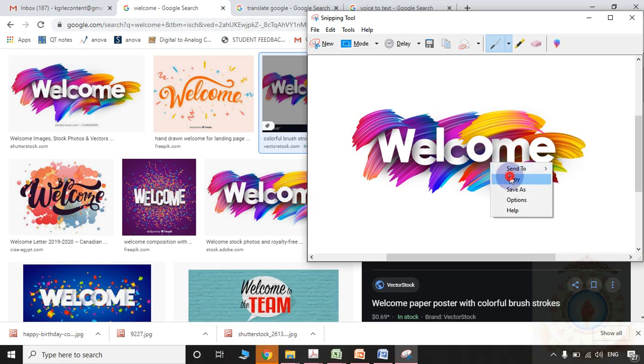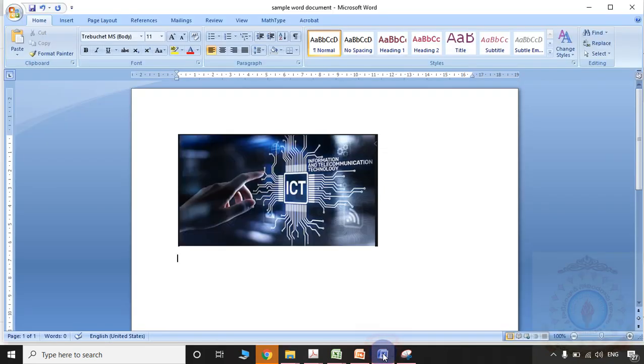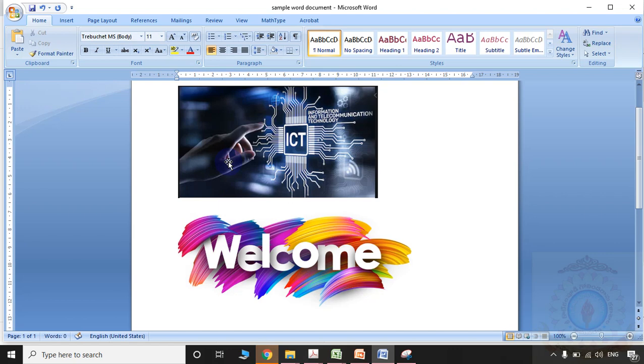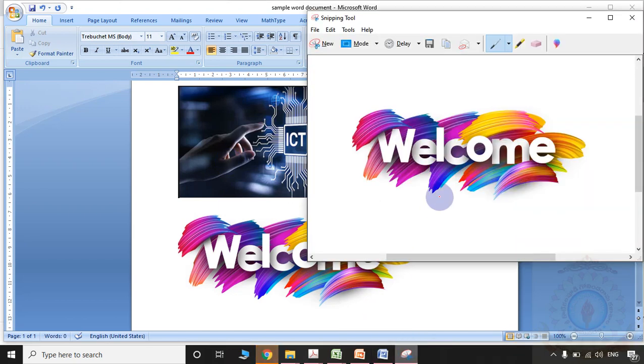Right click, copy, paste. If you want to copy the same image in multiple places, then there is no need to take a new snip.